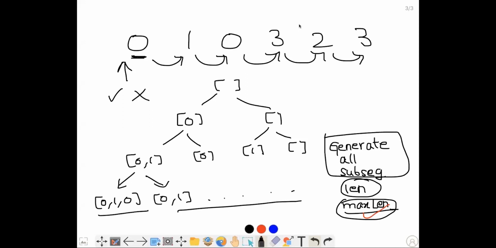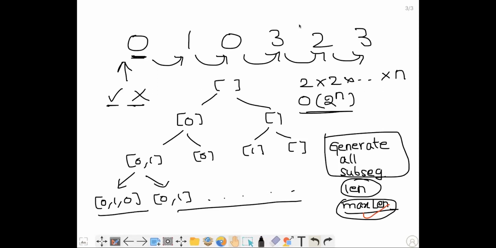So what is the time complexity of this approach? To generate all the subsequences, at each position we have two options: to choose or not choose. So at every position, we have two options. So 2 into 2 into 2, for all the positions, till n. So 2 power n. The time complexity of this approach will be 2 power n, which is exponential, which takes a lot of time. So how can we